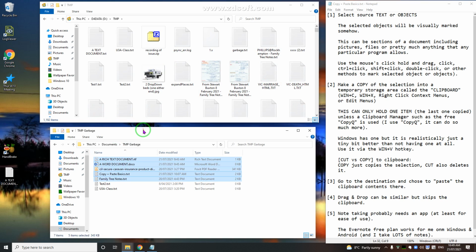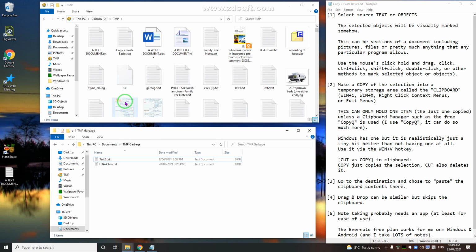Now I will go Control Z to undo that. Windows doesn't want you to lose files, so if you cut the files and then forget to paste, you haven't lost your files. Now the other interesting thing about the clipboard